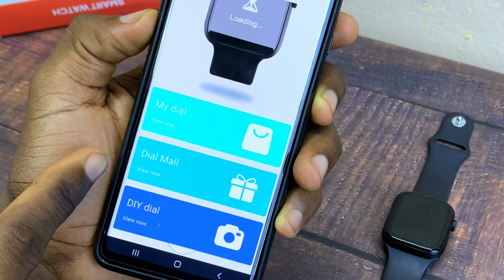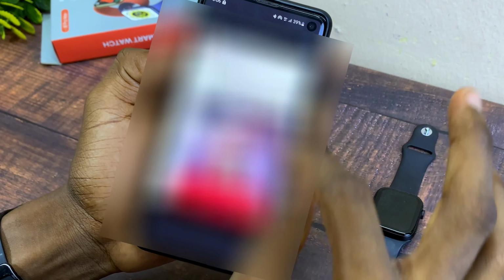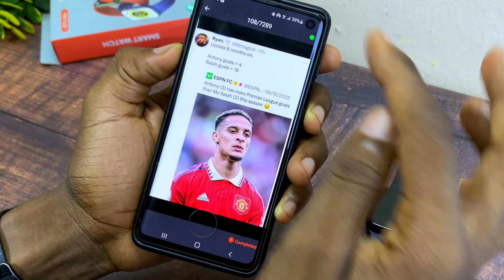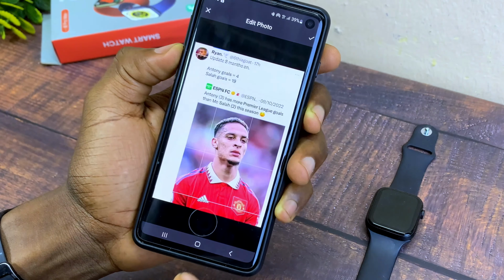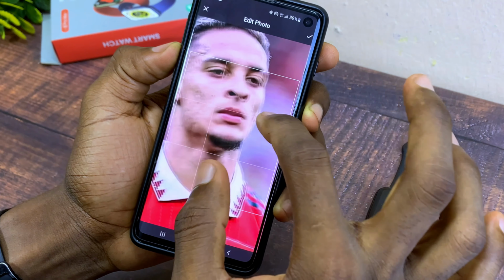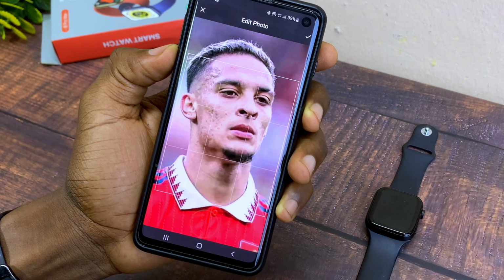You can select your picture. If you want to pick your own picture, now you can select picture option, and it's going to show you all your pictures here. And I'm going to pick just one picture, and if you are okay with it, you can now select the tick option up here and select complete. Now you can shrink down and shrink up to this picture like this,